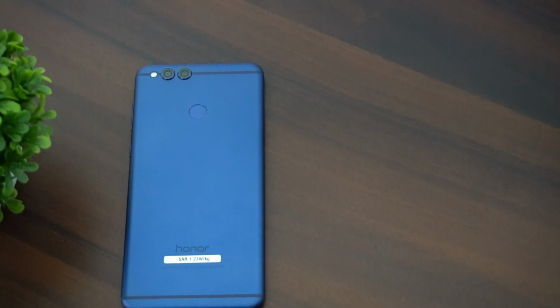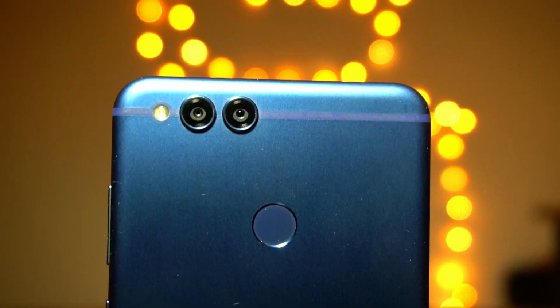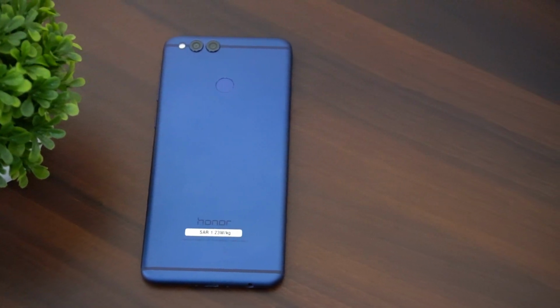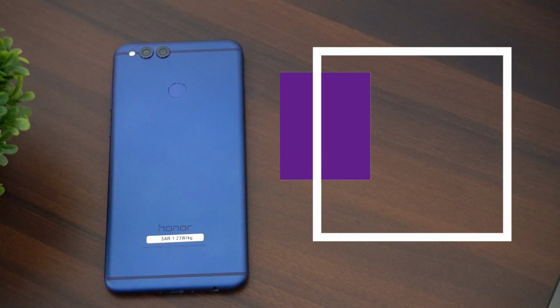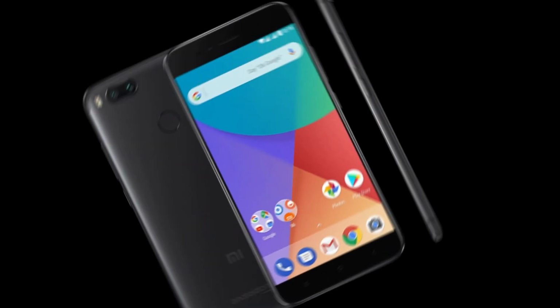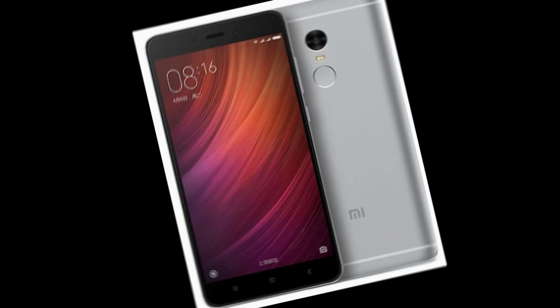Honor 7X, the phone that has all the bells and whistles that a mid-range can have, at least on paper. Can it walk the talk when it comes to real-world usage? Will this be the best budget phone under the 15K bracket? With so many contenders like the Mi A1, the Moto G5 Plus and the Redmi Note 4, can it make